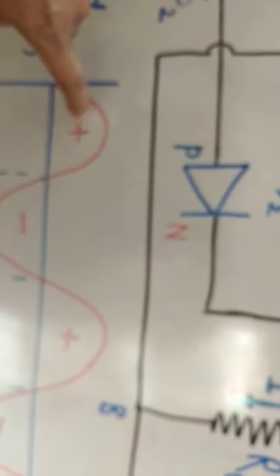Now here, due to the input AC voltage, the polarity of the secondary of the transformer alternately changes. So during the first positive half cycle, S1 is positive and S2 is negative. Means diode D1 is in forward bias and diode D2 is in reverse bias, and diode D1 conducts the current, diode D2 does not conduct the current, and current is flowing through the load resistance RL, and